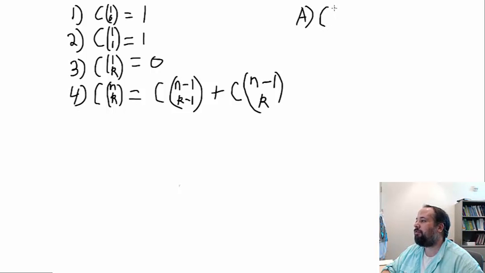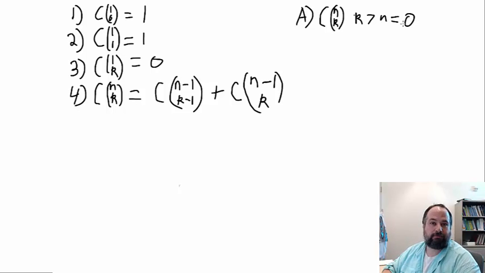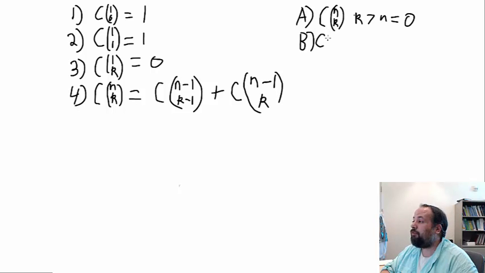If we have n choose k, where k is greater than n, well, we know that's going to be 0, right? Because we can't choose more from a set than the set contains. Which is more general than number 3. B, let's say that if we have n choose 0,